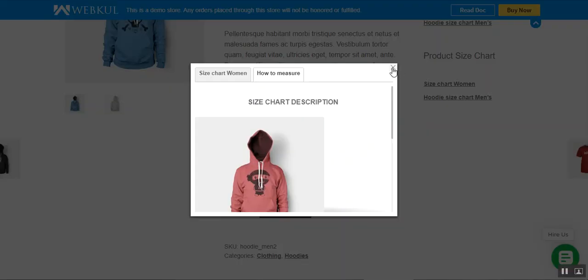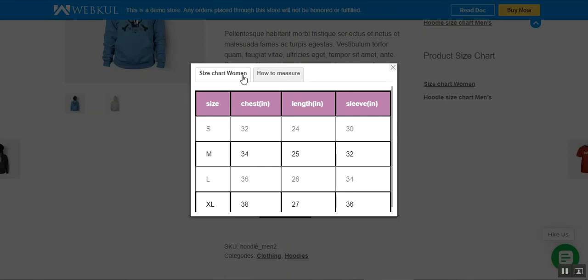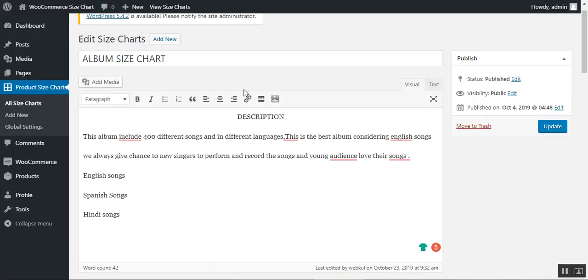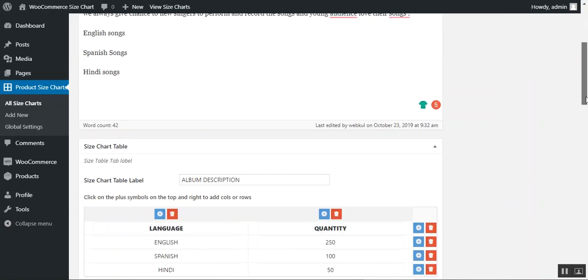So at the front end, when the customer taps here on the woman, he can see the size chart and how to measure option. So basically we have the title and the description that is here. That can be added by the admin from this section while we're editing or adding a new size chart. So here we have the album size chart, then we have the description, then we have